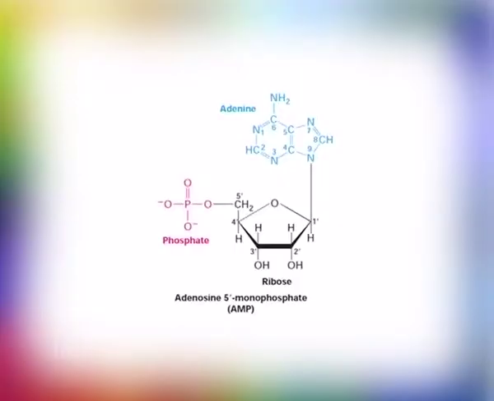In nucleotides, the first carbon atom of the ribose is attached to the nitrogen at position 9 of a purine or at position 1 of a pyrimidine. The acidic character of a nucleotide is due to the phosphate group. Under normal intracellular conditions, this group releases a hydrogen ion, leaving the phosphate negatively charged.